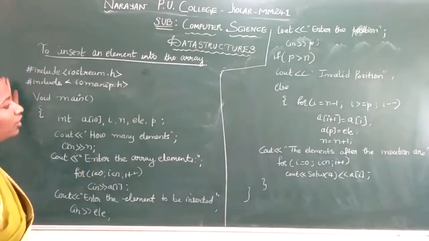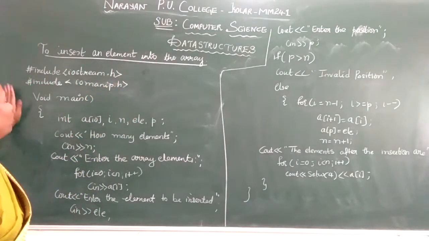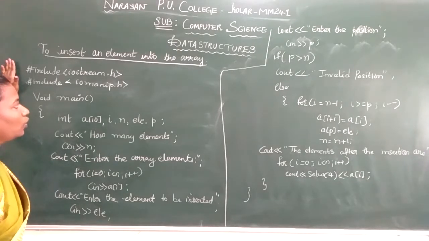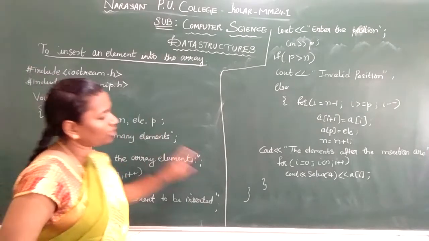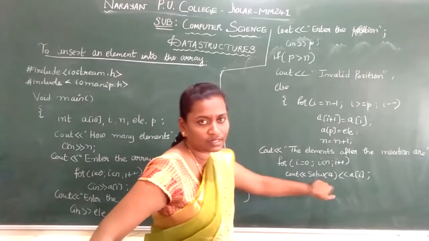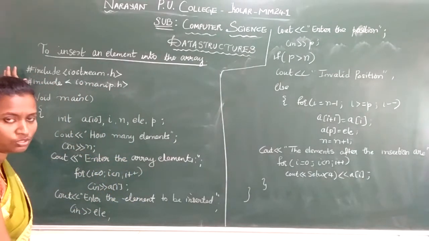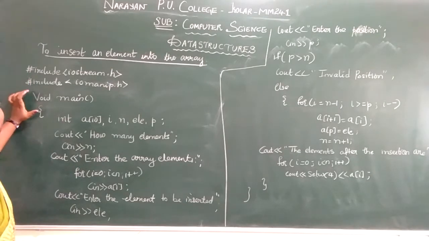Now I have written a program to insert an element into the array. So we are aware of, we have to include the header files here. I have shown you. You need to include iostream.h and iomanip.h. Why I used iomanip.h? Because I am using a manipulator, setw, endl, all those things. Okay, you know why we need to use iostream.h, input output stream. Now your program execution begins from a void main. So from a main function your execution starts.